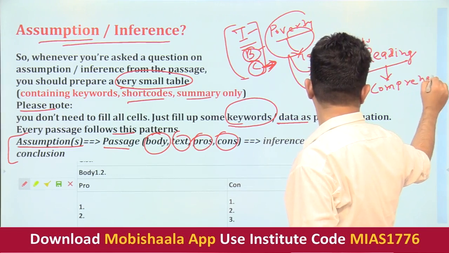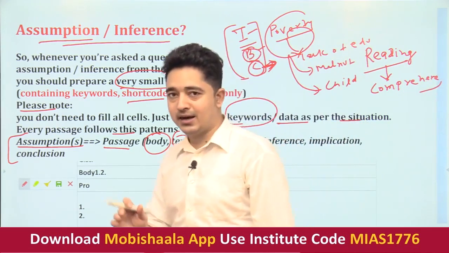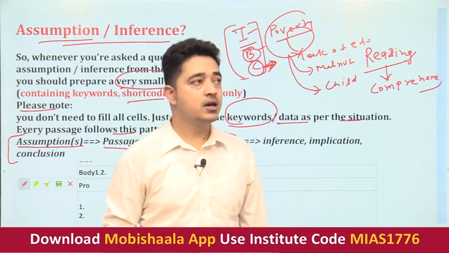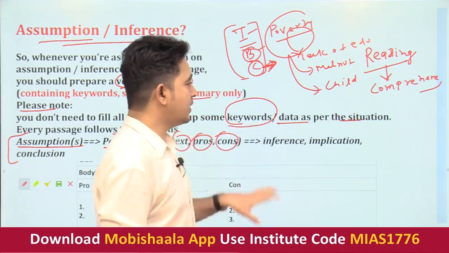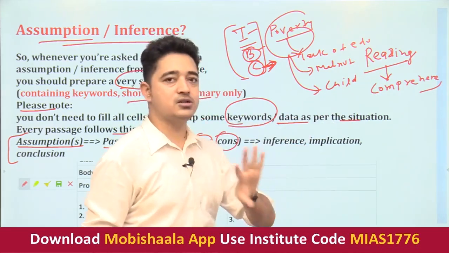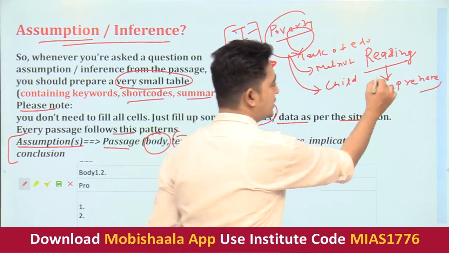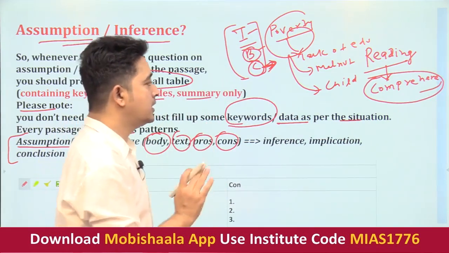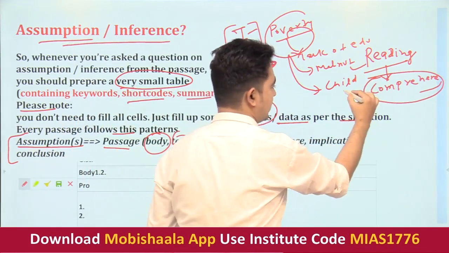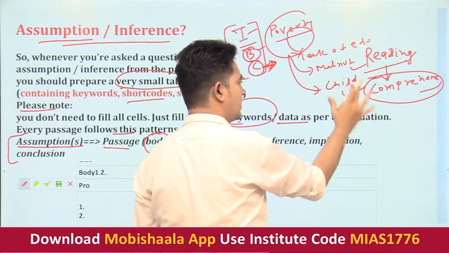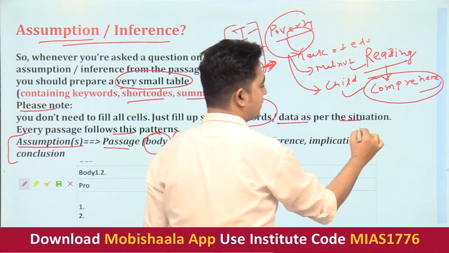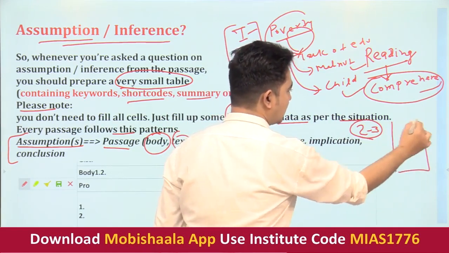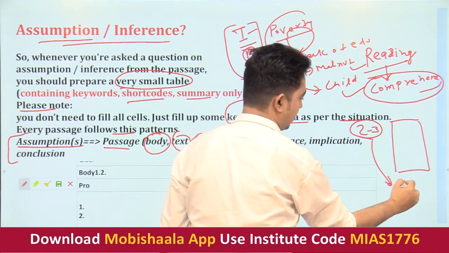Sometimes we are able to read the entire newspaper, but after reading we do not understand what exactly the passage has discussed. So once we read it carefully, you have to read between the lines, what exactly the author is trying to convey, and then understand what we need to comprehend according to what the passage has discussed earlier. Reading is one thing and comprehending is another. So first we have to read it very carefully, taking proper time, almost 2 to 3 minutes initially, and then solve what the passage is talking about.